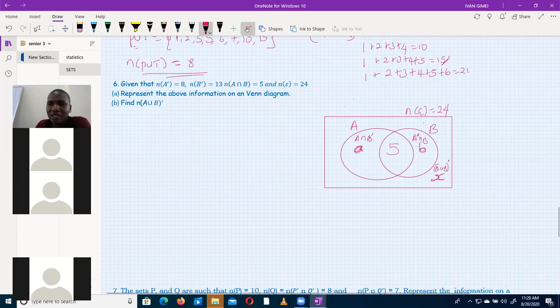But now writing this all the time will become very hectic for you to write. That's why we choose symbols that are very easy for us to write, then later on relate to what we're looking for. Now here, we are letting it to be A because writing this will take us a lot of time. Here we're letting it to be B because writing this will take us a lot of time. But if you're comfortable with that, you can choose to write that if that's the easiest for you. Now here, we need to find what the value of A is. We need to find what the value of B is. And we also need to find the value of X. But according to the information given, they're saying the number of,